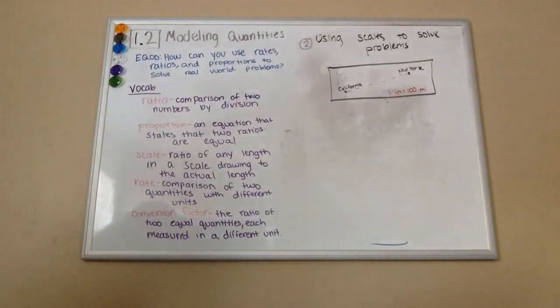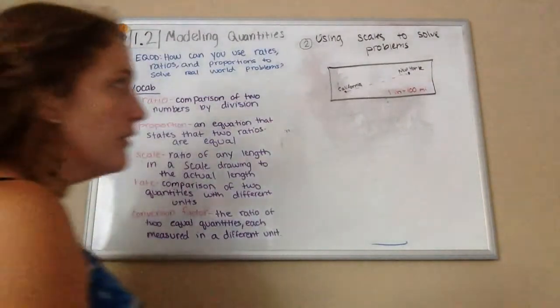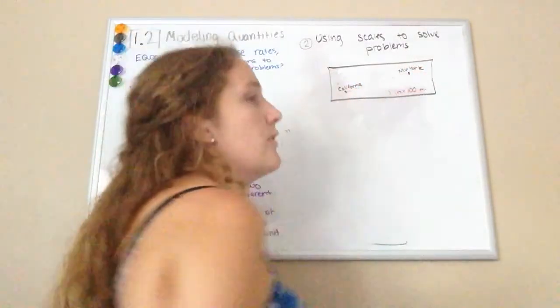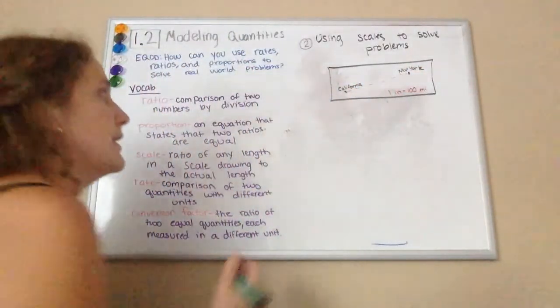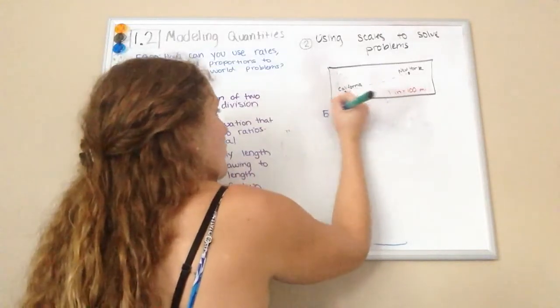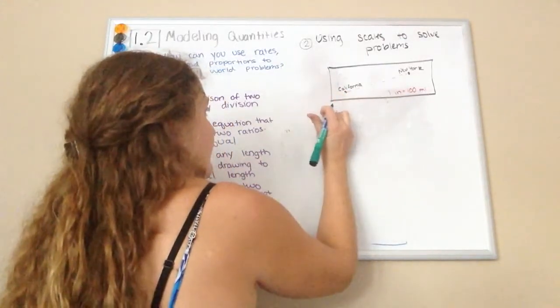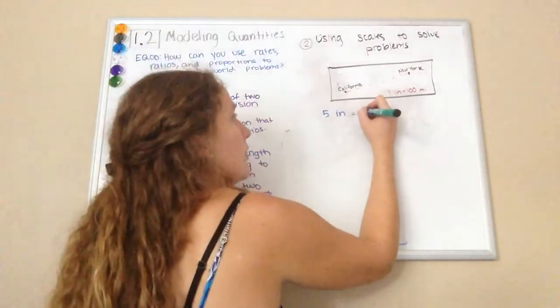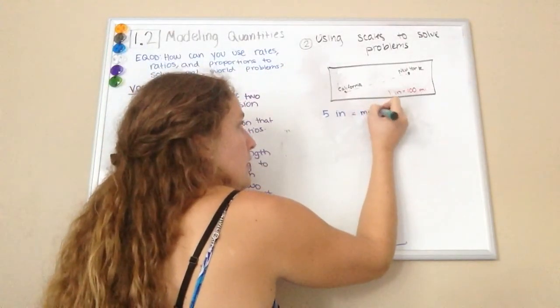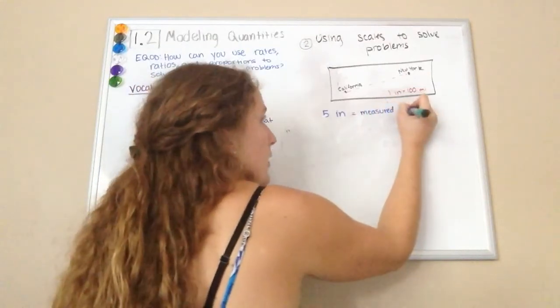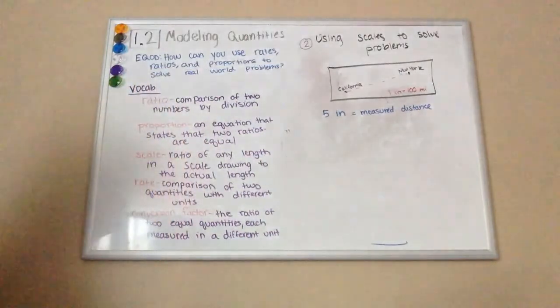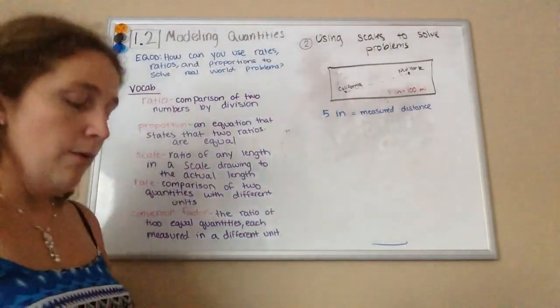So if you go on this map and you measure the distance between California and New York, you're going to go in with the ruler and measure the distance, and you're going to say, okay, it's about 5 inches. So 5 inches, that's how much you measured, is equal to the measured distance. We still can use a format of the proportion if that helps you out, but we are going to see